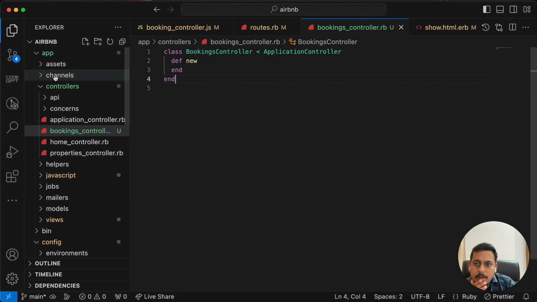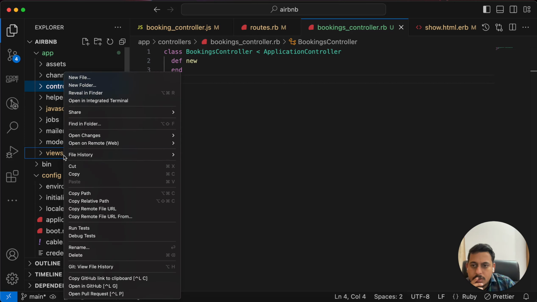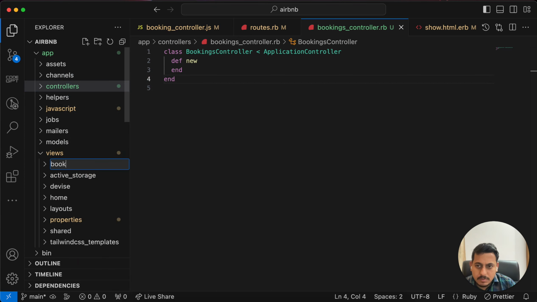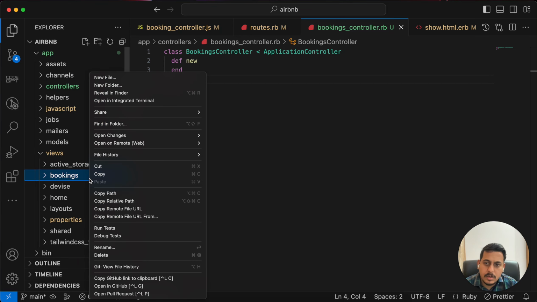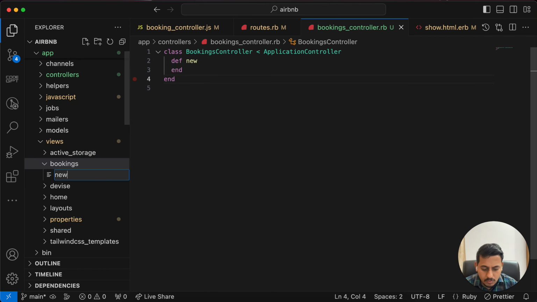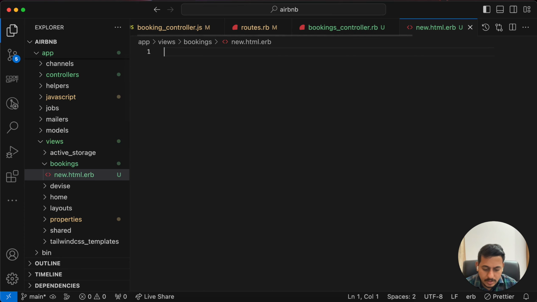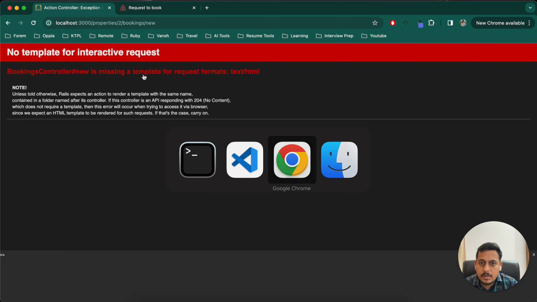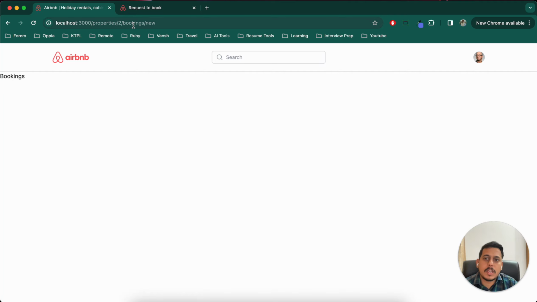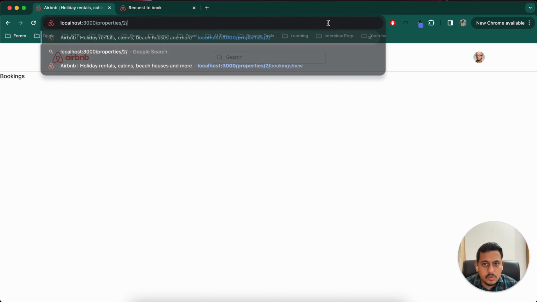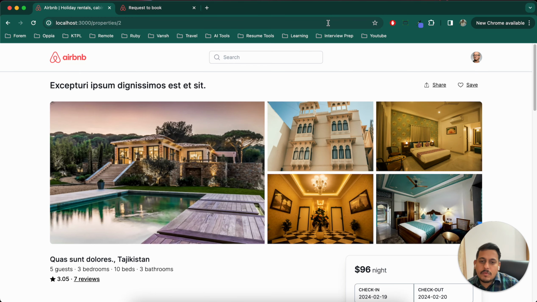So for that we'll go to views, create a new folder, name it bookings, similar to our controller, create a new file, new.html.erb, similar to our action, and in this I'll write bookings. Refresh, and it's working. So now we just have to redirect to this correctly. So for that,